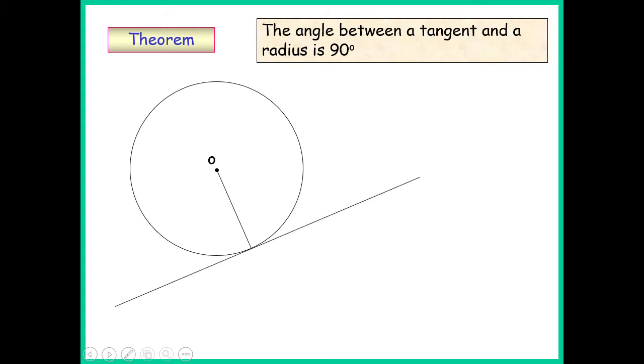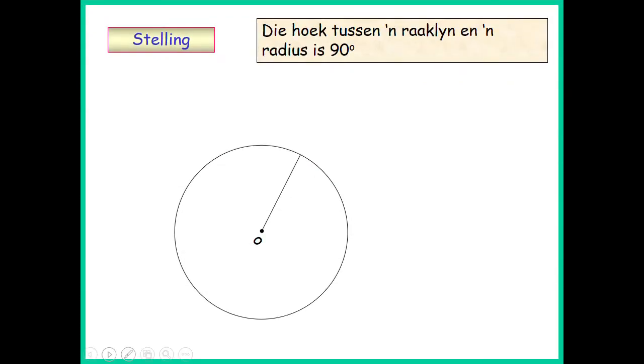Okay, daar's hy. The first theorem you need to know is that the angle between a tangent and a radius is 90 degrees. Okay? In your reason form: raaklyn loodreg op radius. In English,